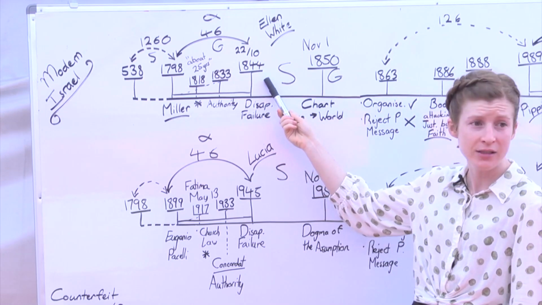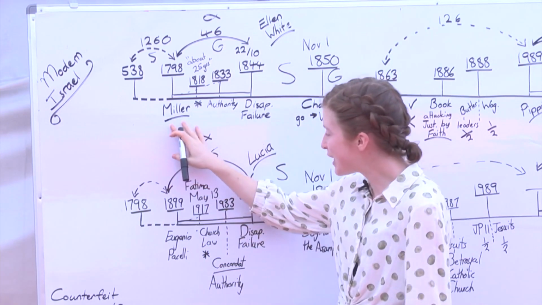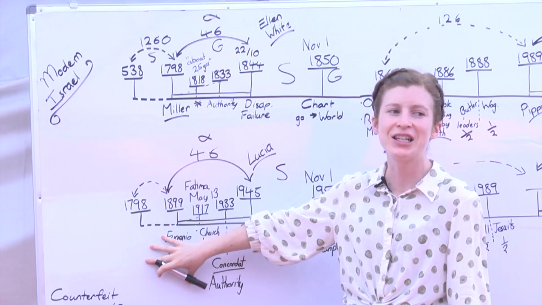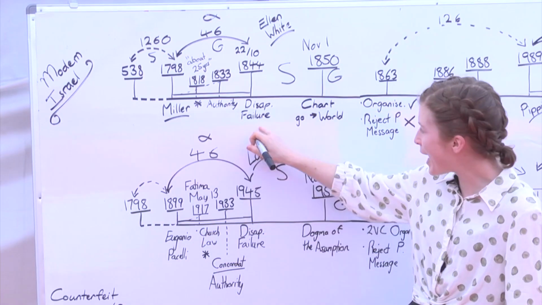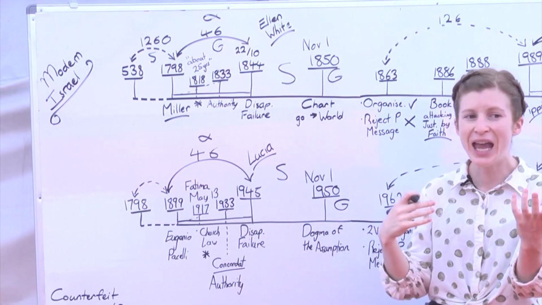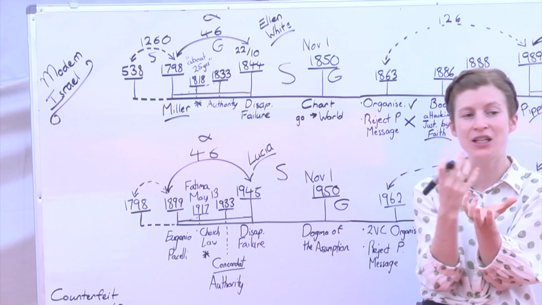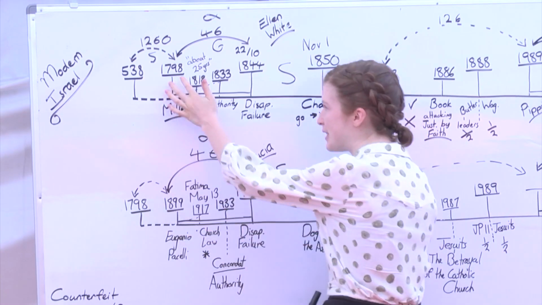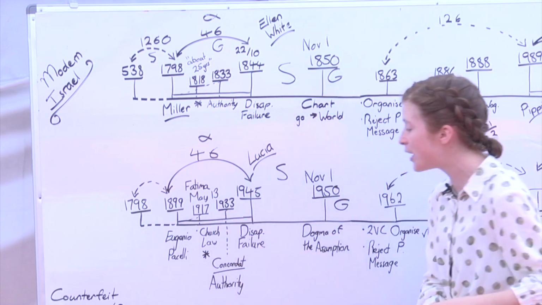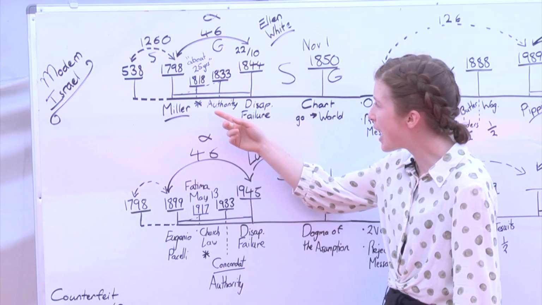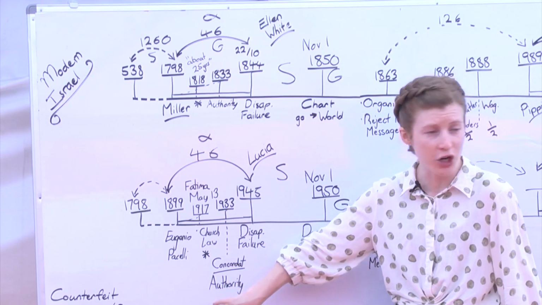When does Lucia have visions? They're not identical. 1798 is not 100 years from 1899, is it? 1818 is not 100 years from 1917, or 1844 from 1945. The counterfeit is never completely accurate. Can we see that? But it's still coming in as close as possible. From 1899, 1798, 1818, 1917. 1833 lines neatly up with 1933. This is when Miller has the authority to share his message. This is when Pacelli has the authority to enact the Code of Canon Law.